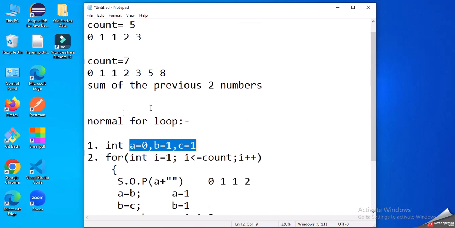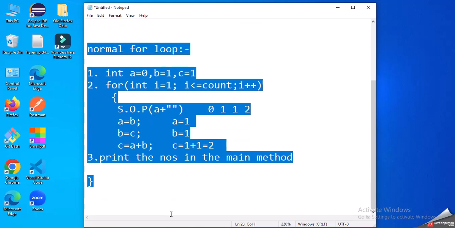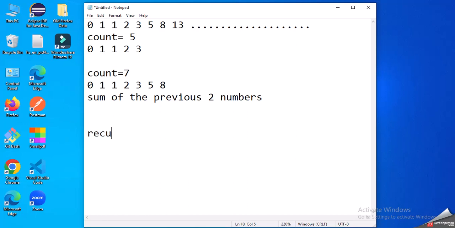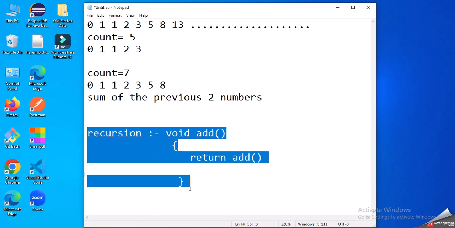Recursion, okay. So let me just remove this. So what is recursion? Recursion is basically a function that calls itself. Like suppose I have void add, so my return type, it will be returning add. So a function that calls itself is recursion, like it's calling itself. So how do we use that to print the Fibonacci series? So what we're going to do is